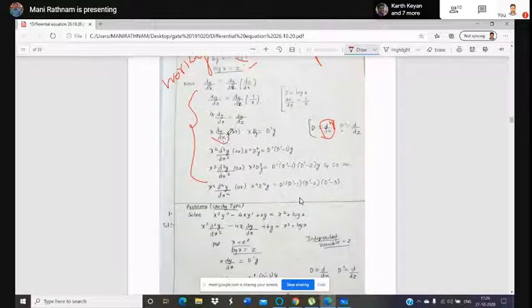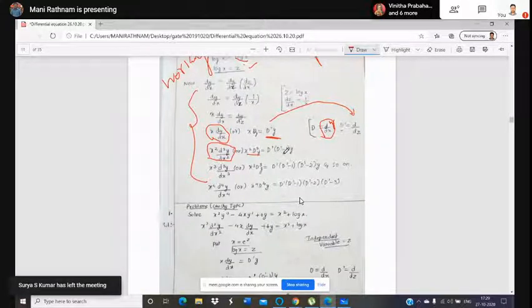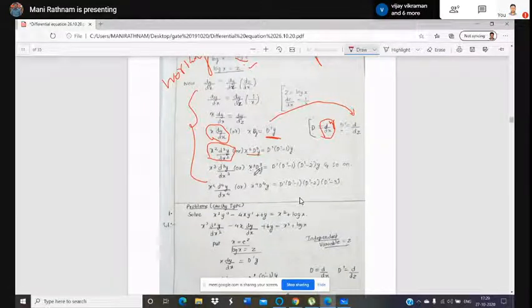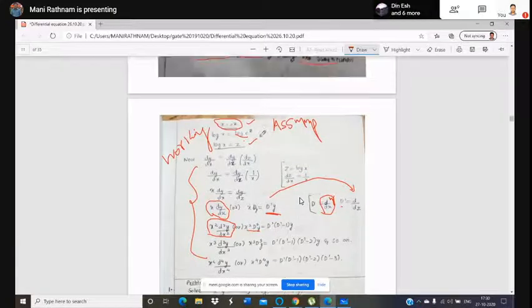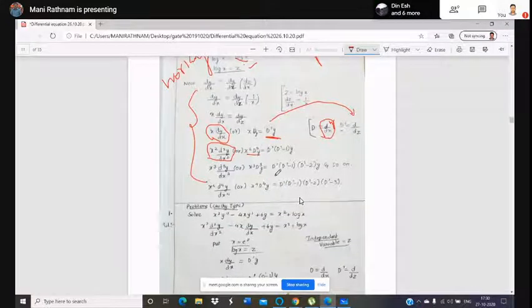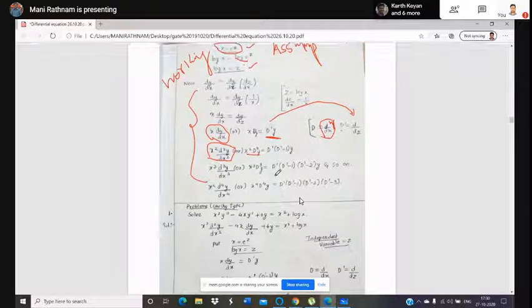When you see dy by dx along with variable x, you have to use the substitution D dash of y. D dash is nothing but d by dz, the new independent variable. When you see x square d square y by dx square, you have to use the substitution D dash minus 1 of y. Same thing for higher order, x cube, x power 4, etc. You continue with D dash minus 1, D dash minus 2 of y, and so on. So this is the working rule for converting a differential equation into a constant coefficient differential equation.